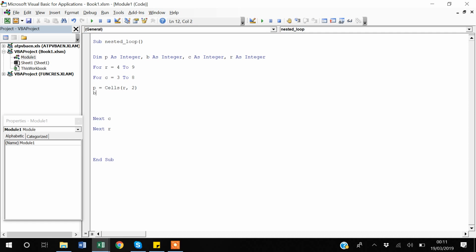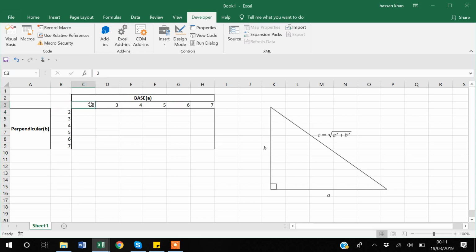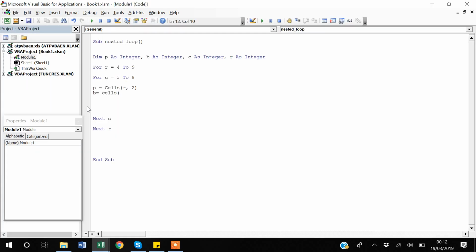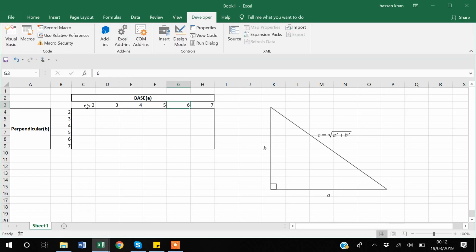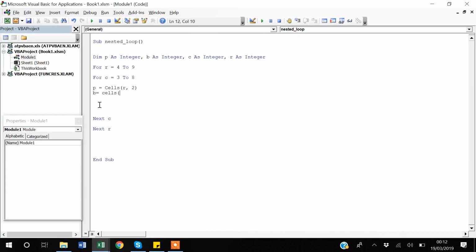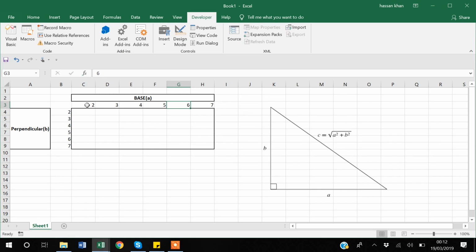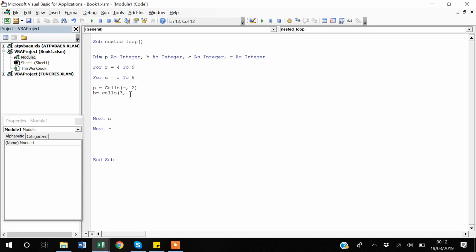So I will be saying B is equal to cells. And now you have to be careful again. Now when we are talking about the base, you can see that our row is fixed, but our columns are changing. So with each iteration, our column will change for the base. Therefore, I will say my row is actually the third row, and my column will start from C, which is the third column, and I will say here C